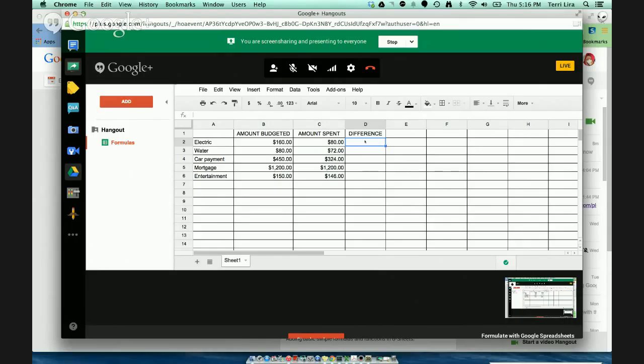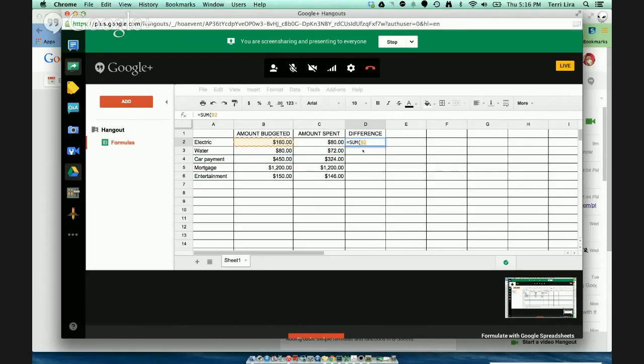So what we're going to do is put a simple basic formula in our difference column on D2. And to do that, we're going to put an equal sign, type the word sum, and as you see, you're prompted with all these different functions. So we're going to click sum, and it's going to give you an open parenthesis. And now we want to click on B2. That's our cell, and you'll notice that our cell becomes highlighted in our